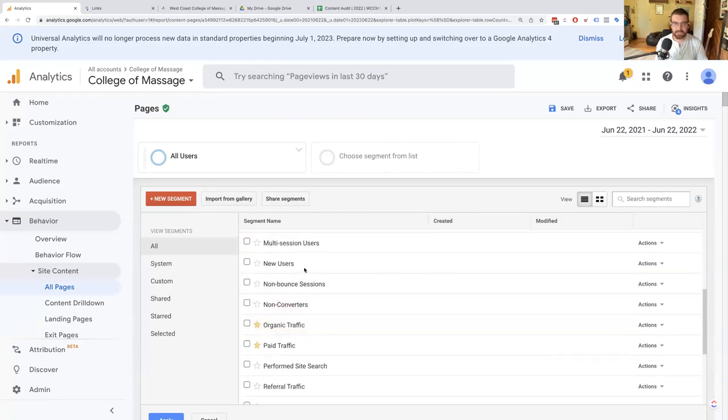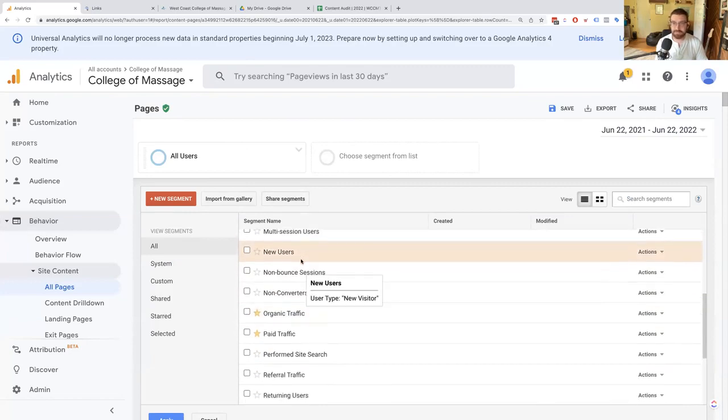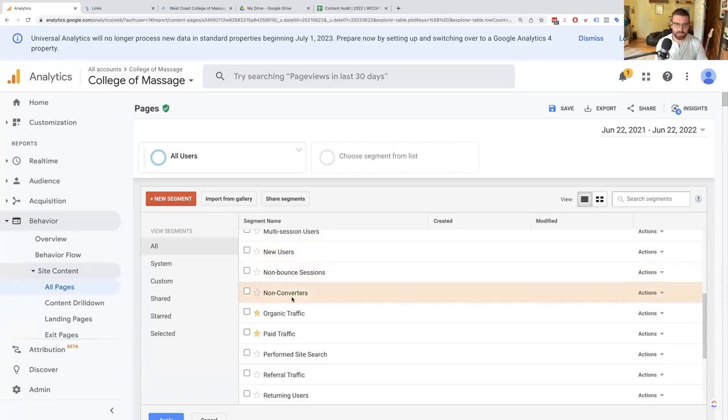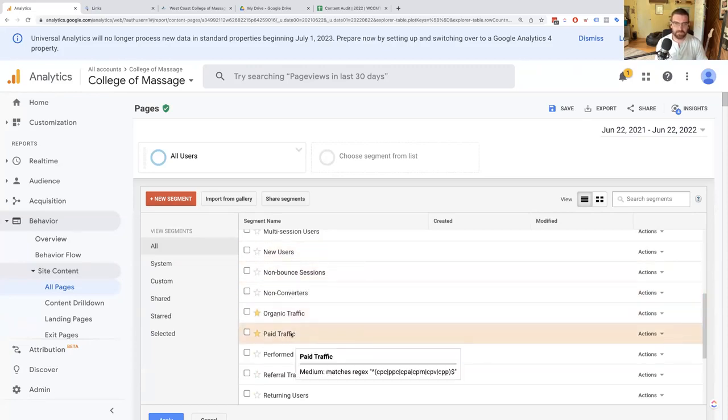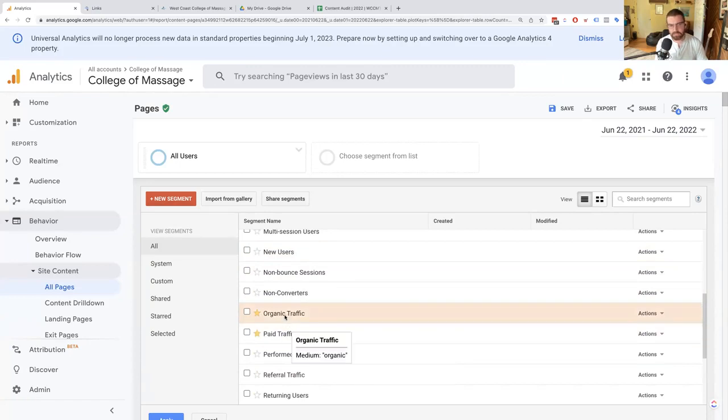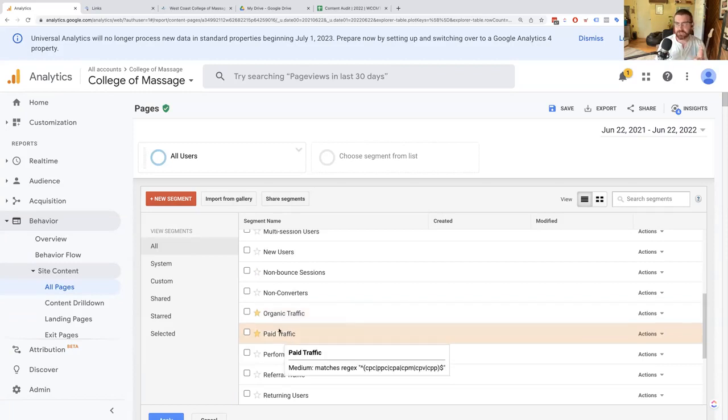traffic. So up here, you can add segments. You can even make your own if there's something super specific you want to track. Most times it's going to be fairly straightforward that you're going to want to use either paid or organic traffic. And you can see that it is medium is anything that has the medium of organic. So, DuckDuckGo, Bing, Google, any search engine, they would be able to